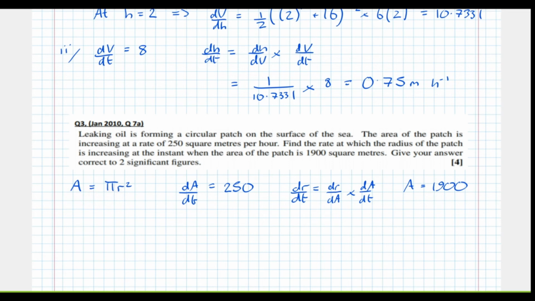But notice we're going to get dA by dr here, not dr by dA. Let's go with it for now. dA by dr is 2 pi r, which means that dr by dA is equal to 1 over 2 pi r. Which means that dr by dt equals dr by dA times dA by dt, which was 250,